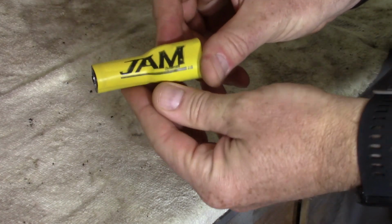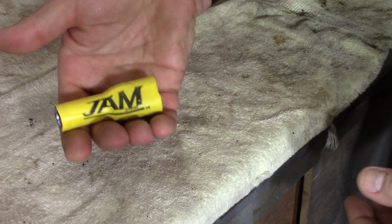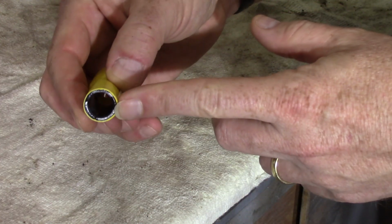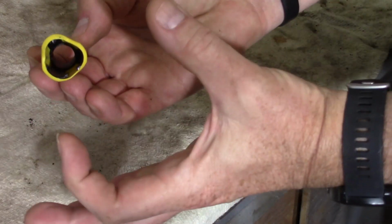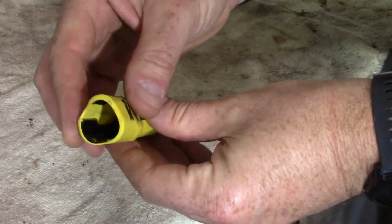So you can see here that it's just a simple piece of steel, with my hand for scale. Not that huge, it fits easily in the palm of your hand. The one end is rounded, and the other end almost appears to be kind of broken apart, and you've got three little feet that splay out. What it does is this end slides on the prop rod, and then this end will eventually come down